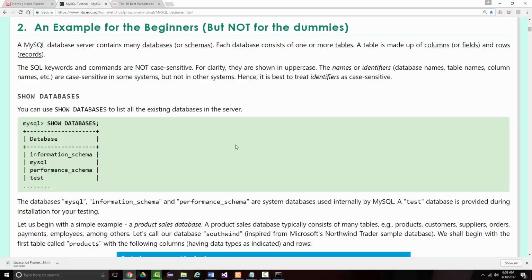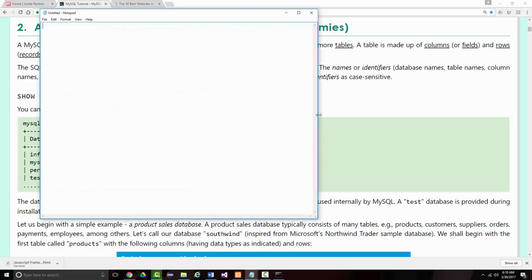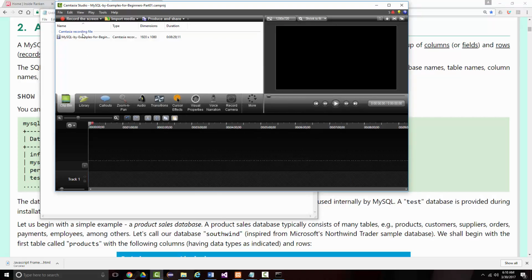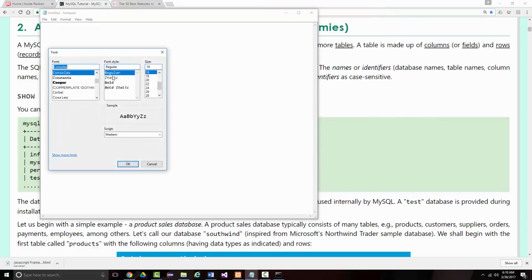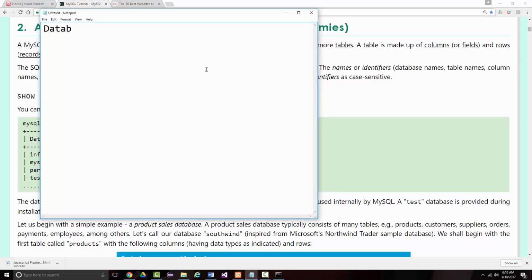Now if we look here, a MySQL database server contains many databases. These databases are also known as schemas. And that gives me a chance to bring up a couple more things here. I'm going to talk about 2 terms. Again, I'll try to keep this simple and not labor on too much. But the first are database definition